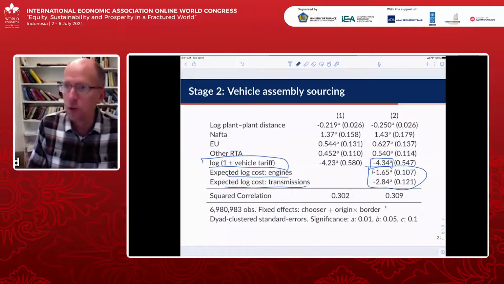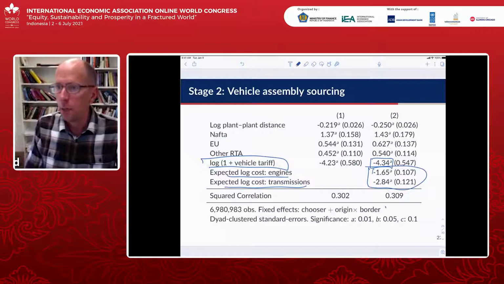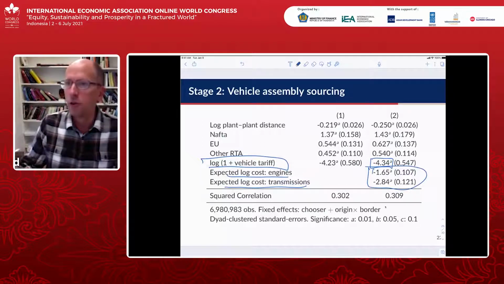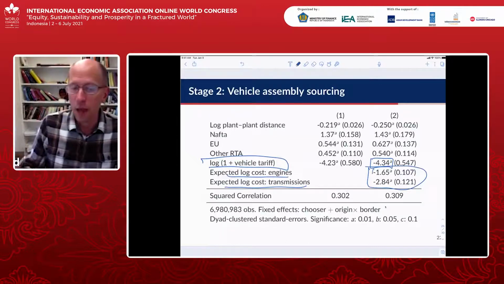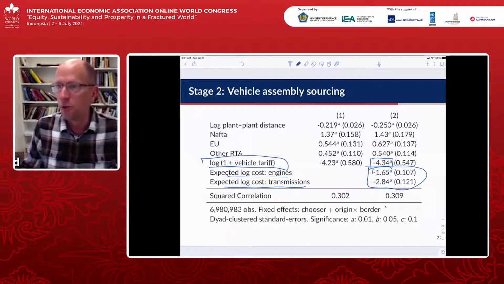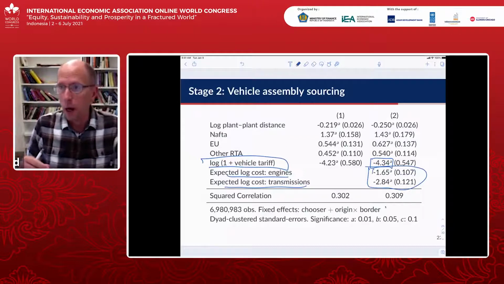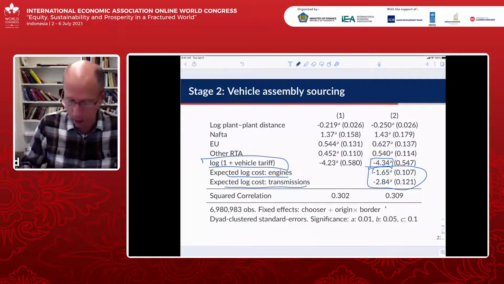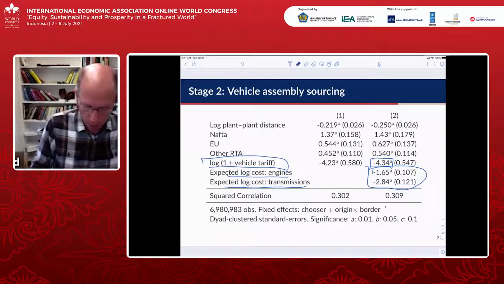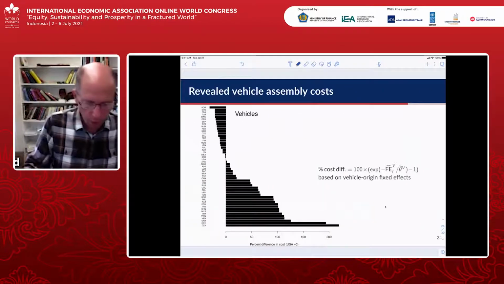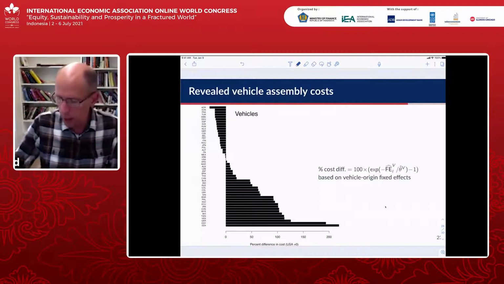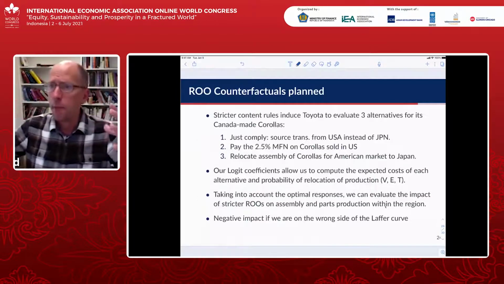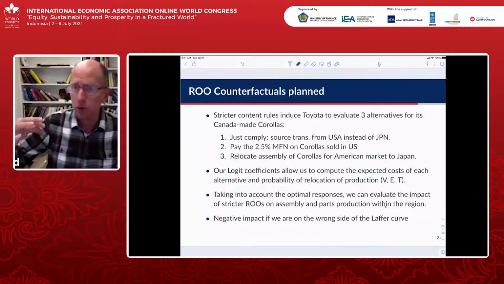In fact, these coefficients are so large, they're too large, they imply that the overall cost shares of engines and transmissions sum to something like 100% of the cost of a car instead of 25%, which is what the engineering estimates suggest. So if anything, we're estimating effects that are too big for these things. Then we can also figure out which are the cheapest places to make cars. And the last thing I want to do in the last 2 minutes is think about how we connect the two ideas of the paper, the rules of origin, to the sourcing things we've done so far.